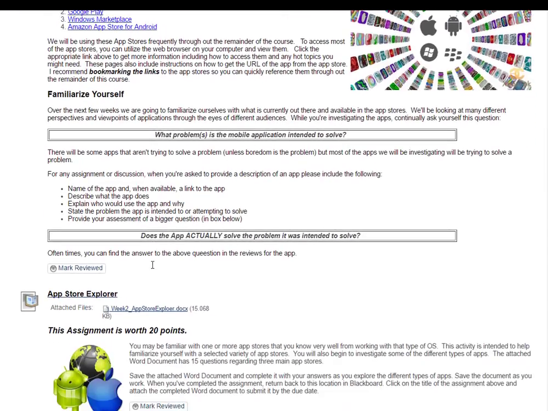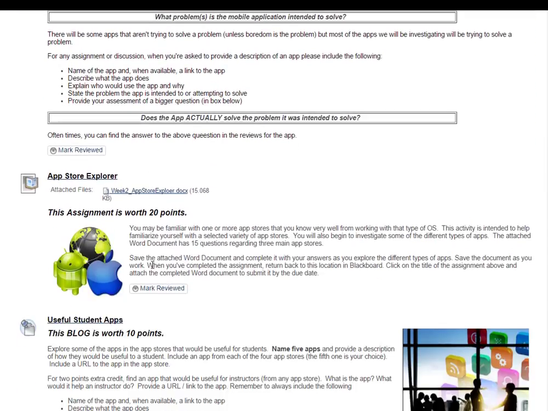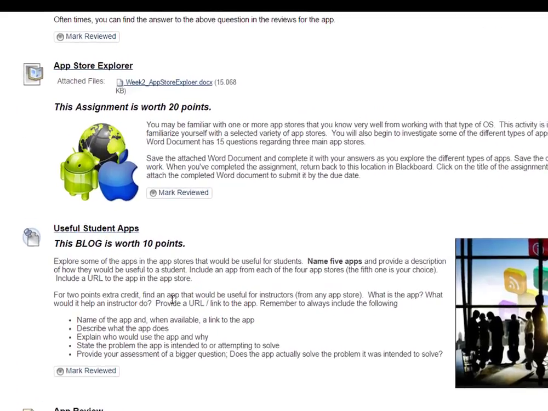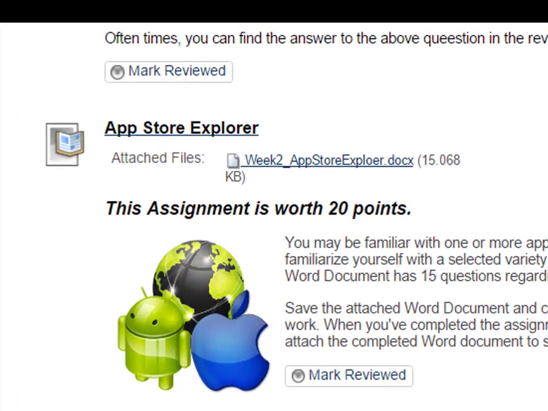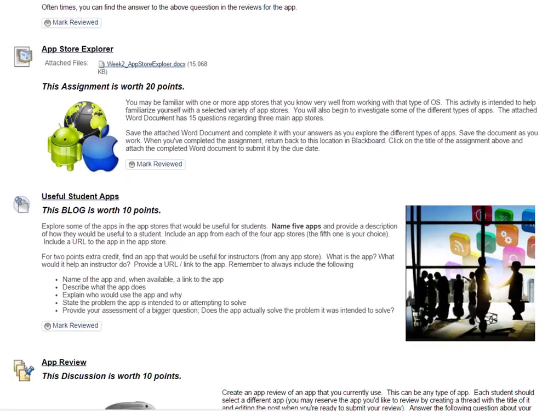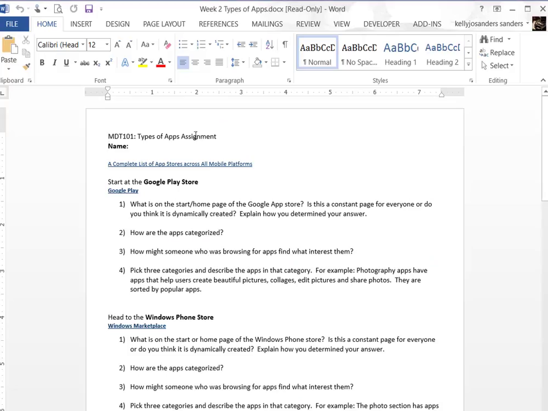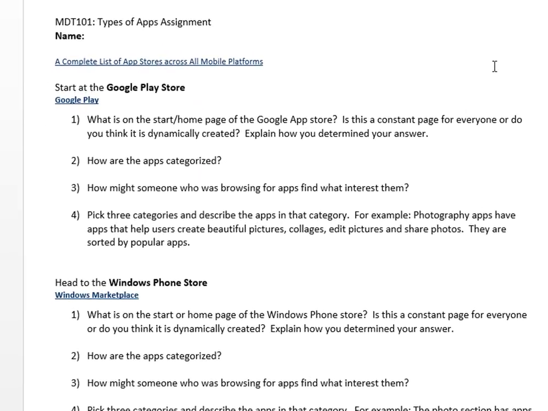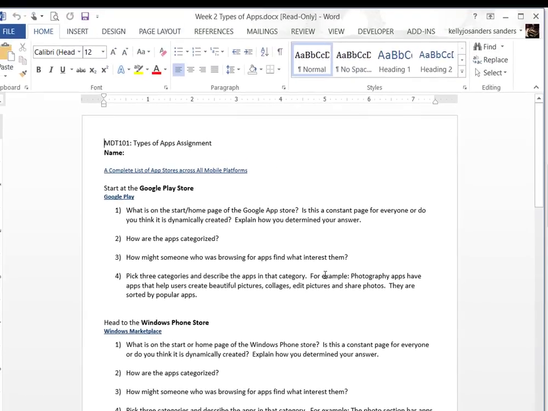After investigating the 4 app stores, you have a related assignment where you will answer some questions about each of those app stores. So I've posted a Word document here that you need to click on and download and save. And it will look like this, and you can see that there are questions for each store that you will need to answer. So type your answers right here in the document,